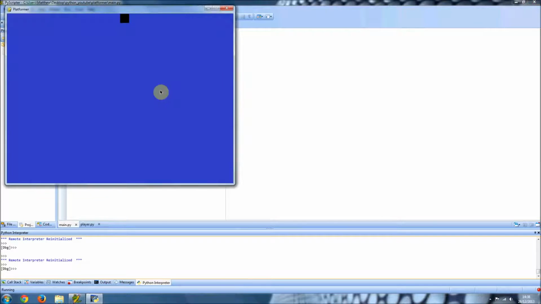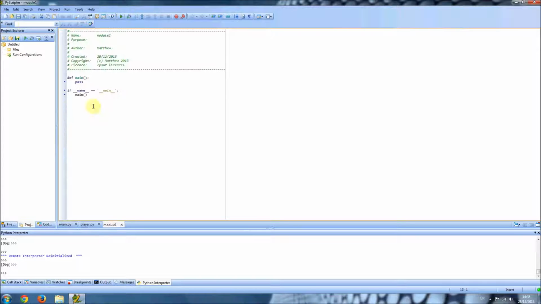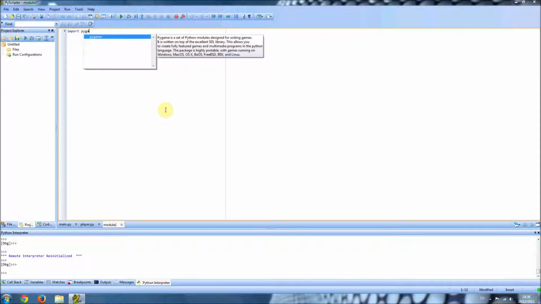Right now, what we've got is it just falling down like that because its gravity is making it fall down, and it's not colliding with anything, so it's just going to fall for eternity. So we're going to hopefully add in these blocks, so we can actually have something for the player to collide with. So you want to make a new Python module, and then just import pygame,